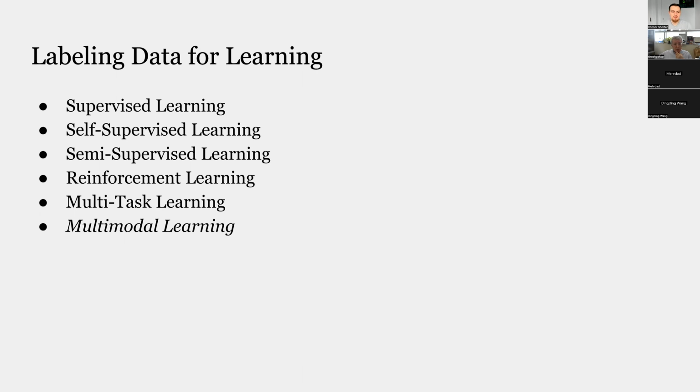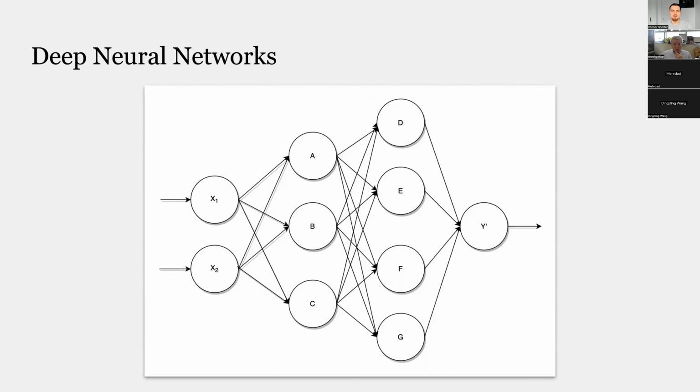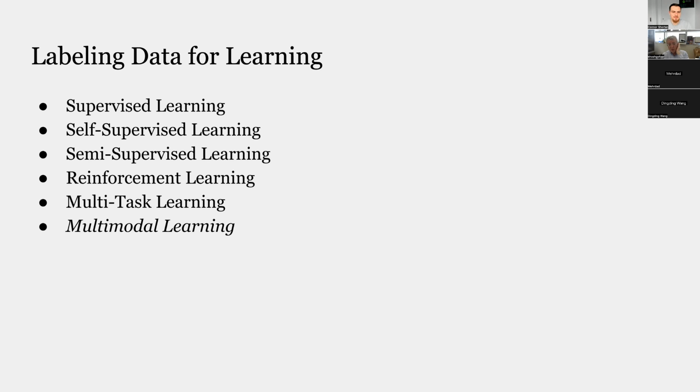So with supervised learning, you often label the y's. You have some human label, this y should be this. It could be regression, classification, multi-class classification. In self-supervised learning, you're able to derive that ground truth y algorithmically from the data. So in language modeling, you're able to mask out a token and then predict the masked out token, but the ground truth label for what that masked out token can be is self-supervised. You don't need humans to annotate that ground truth y. Semi-supervised describes a combination of these 2 things.